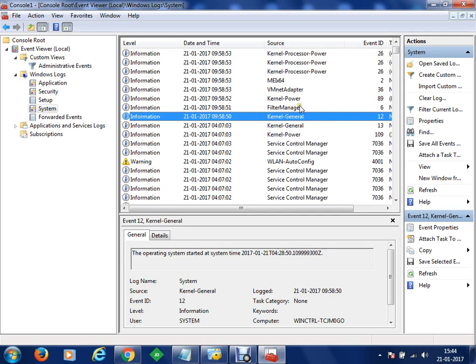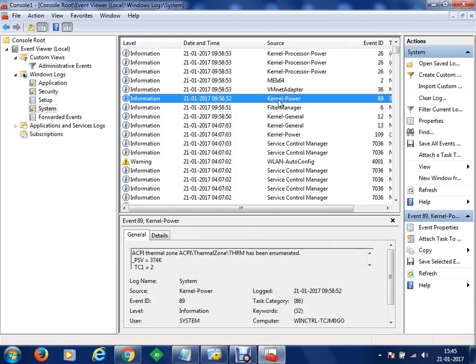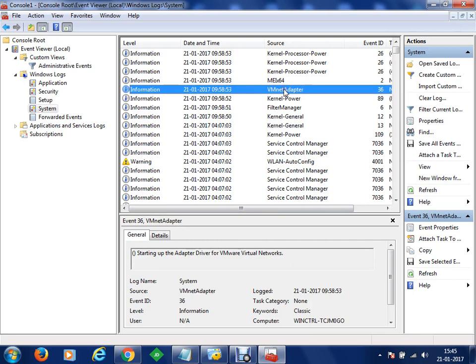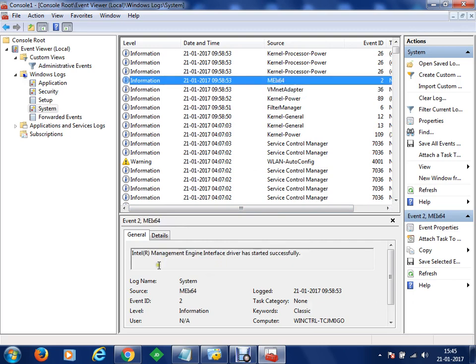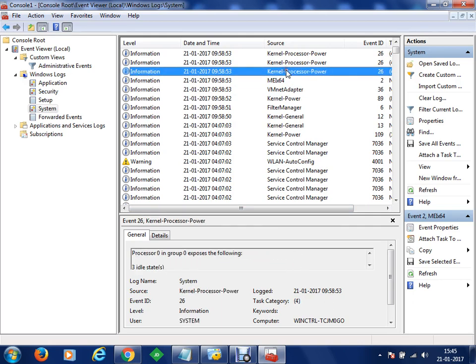Now we can go to some other information. After this, the file system filter, file info, has successfully loaded and registered with filter manager. Then a kernel power event has been executed. Then the VMnet adapter has been initialized for virtual networks. Then the Intel management engine interface driver has started. All your drivers are starting.